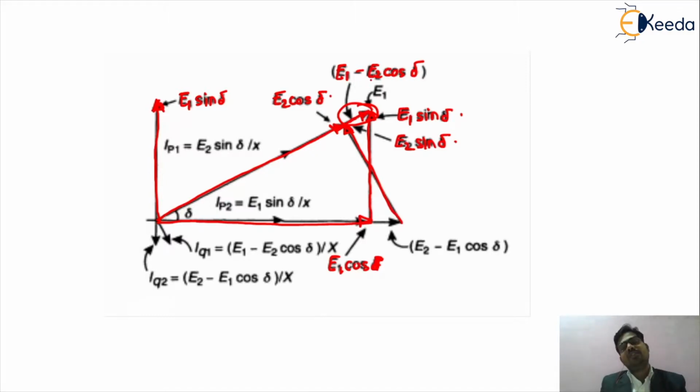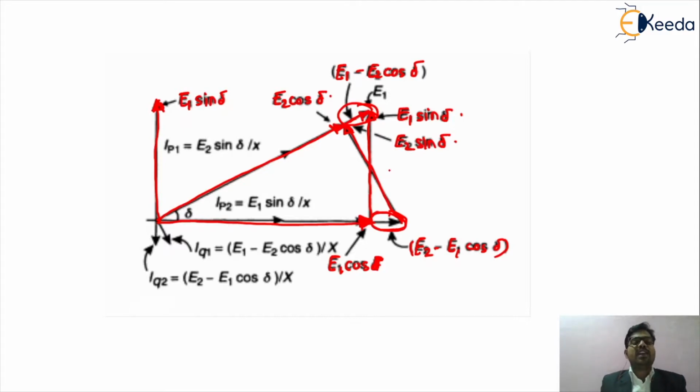We get this information from your basic phasor. If you want to find the value of this phasor, that is the phasor representation of this part, it will be treated as the value of your E1. So obviously, if you want the value of this phasor, the phasor representation will be E2 minus E1 into cos del. Okay, so we get these two phasors by means of simple phasor representation.